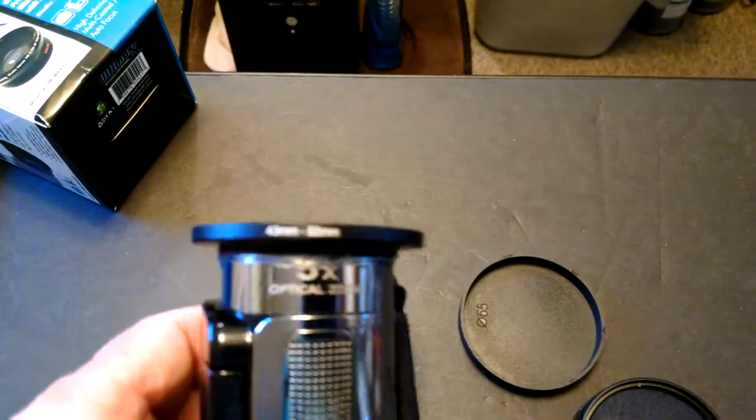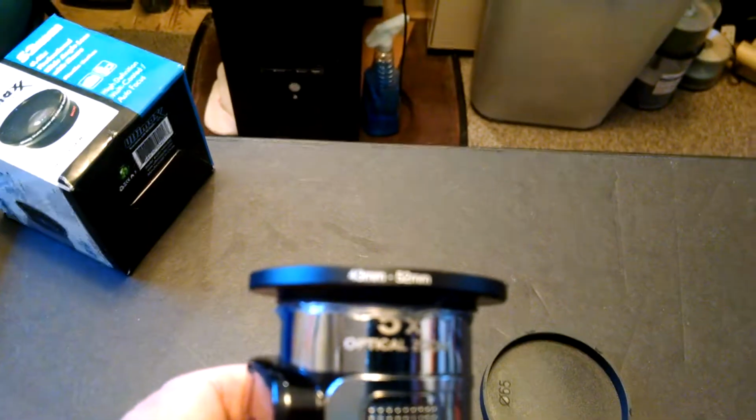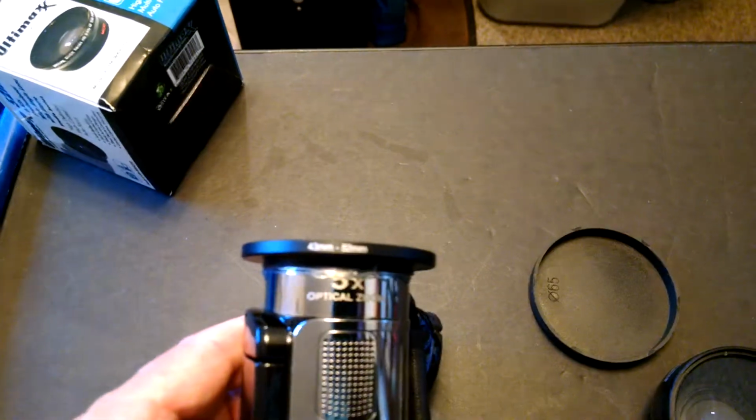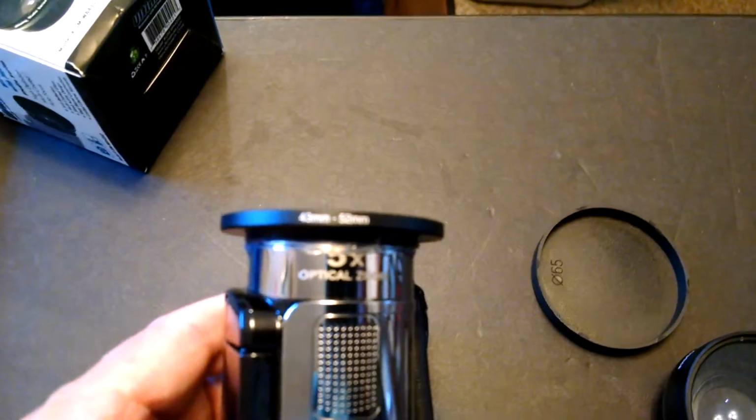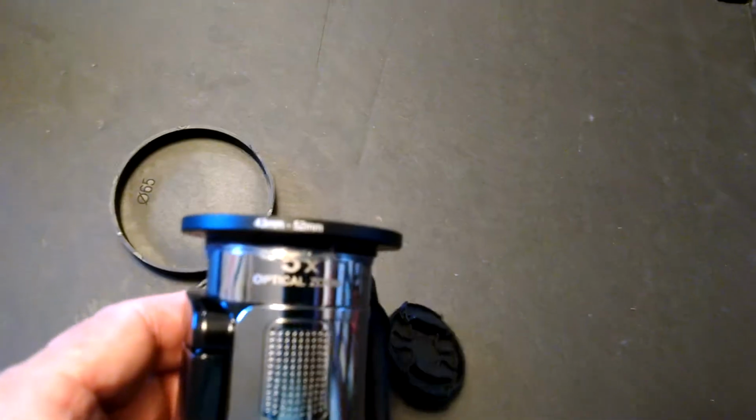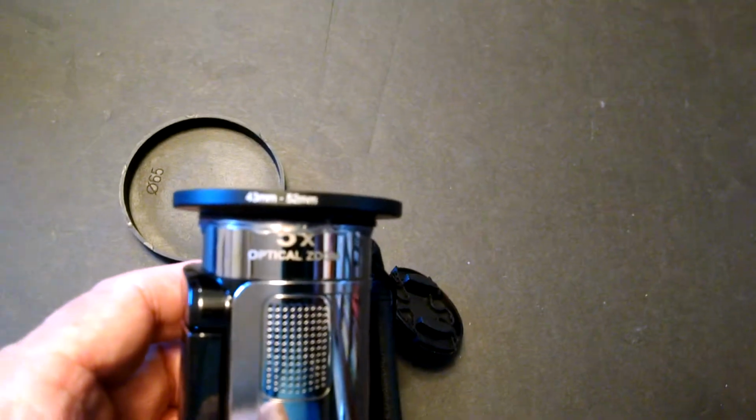And what I used was a 43mm by 52mm stepping ring, which doesn't want to come into focus because I'm using my phone to do this. Maybe if I get there. Okay, anyways, you can see now. Use jewelry cement. It's a nice tight fit